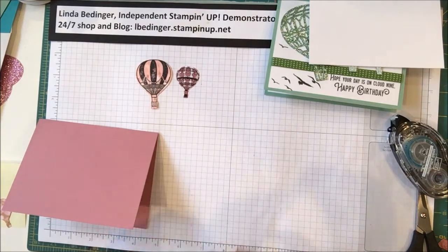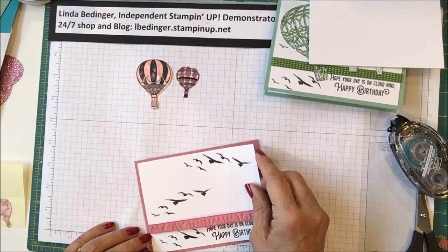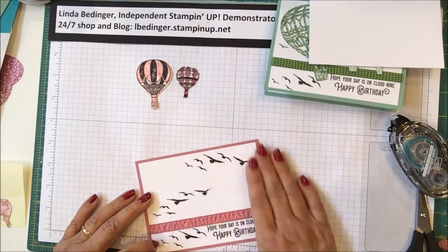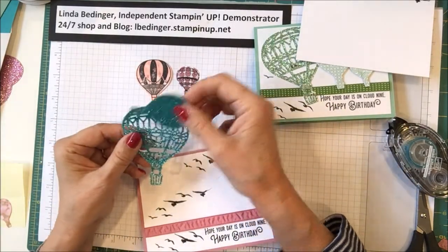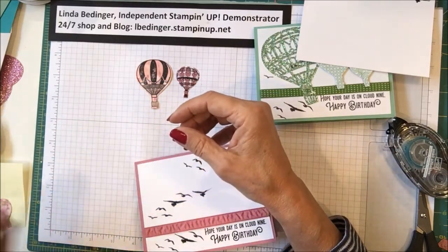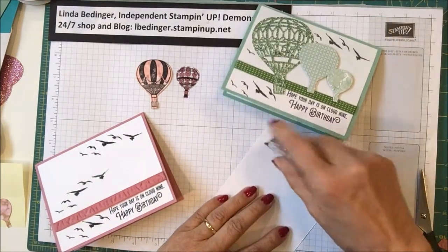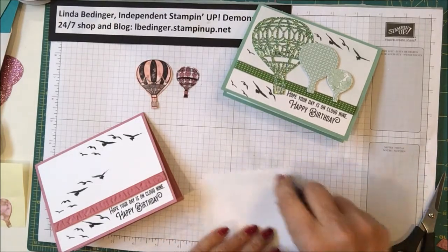This card is really simple, and yet I think it's very attractive. And I have made a version in the mint macaron, and I've got it cut to make a version in the Bermuda Bay, which I think is also going to be great. So there's that. Now this piece can go right to the inside because I've already got my stamping on it,